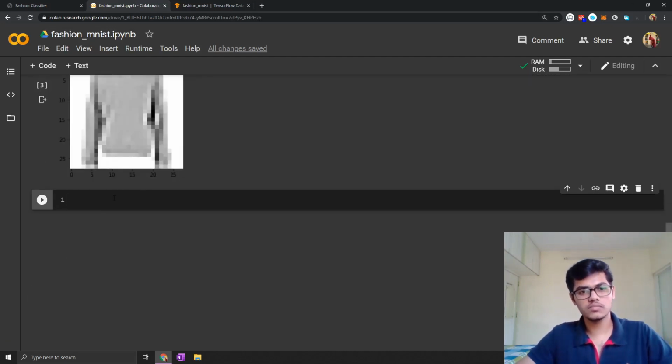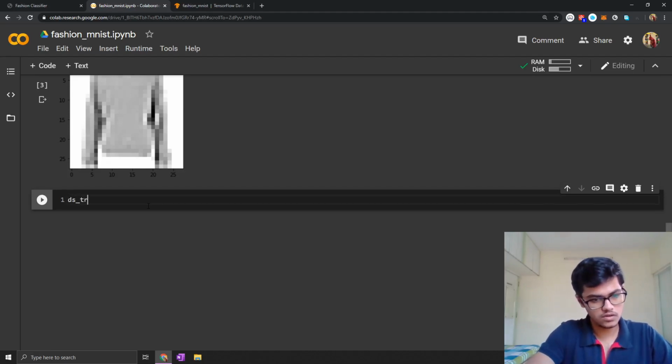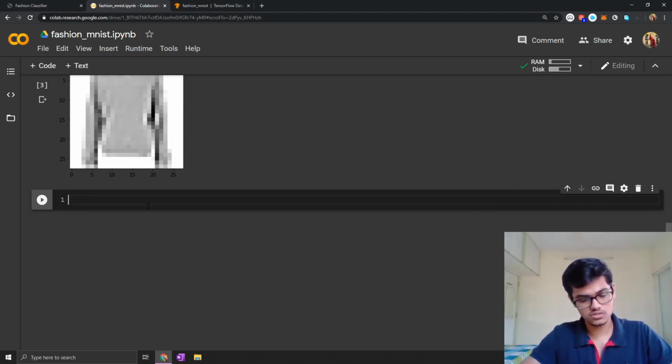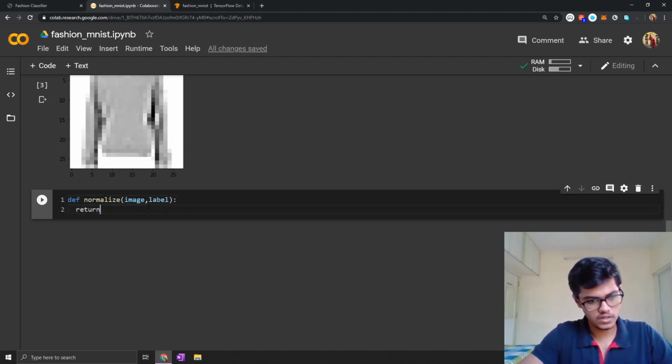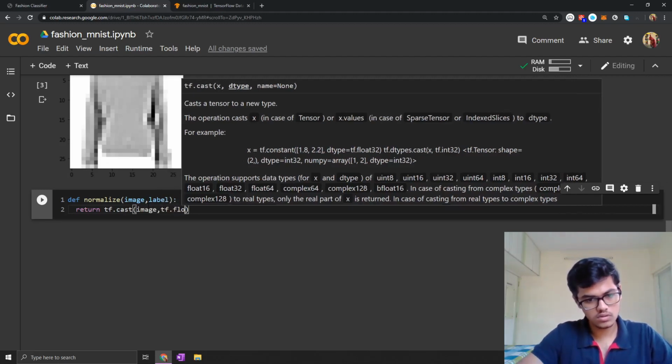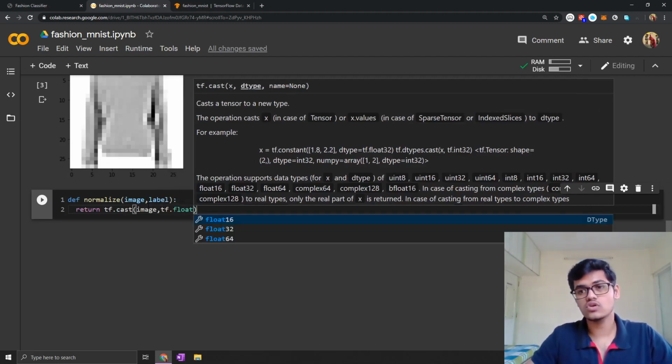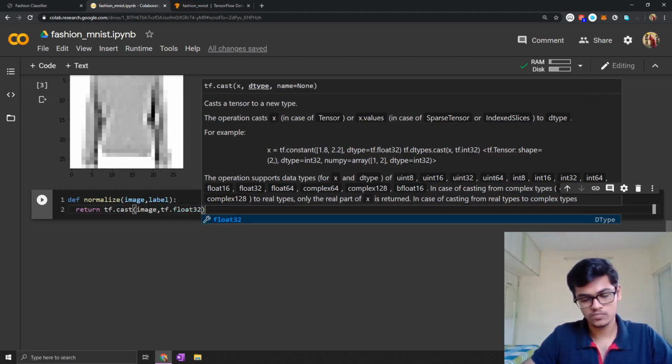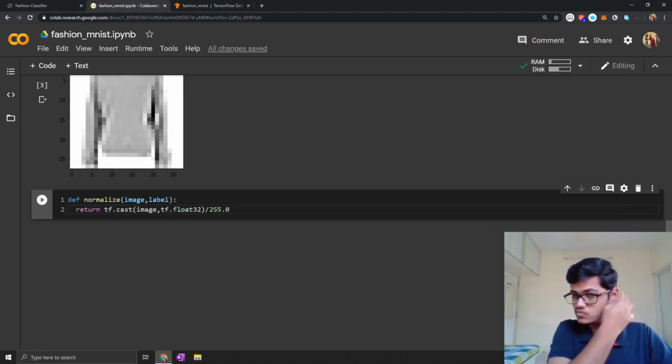So first we will do some data pre-processing. For that we will use the inbuilt methods provided in TFDS. First we will normalize the image. For that we will make a function which will take image and label and will return the image cast to float, float64 or float32, divided by 255.